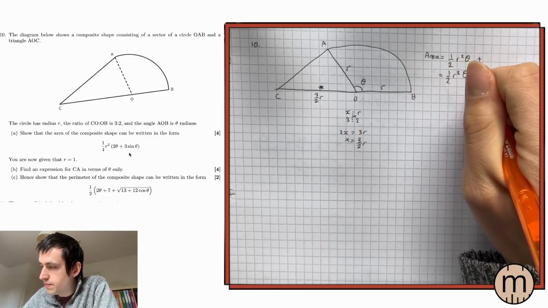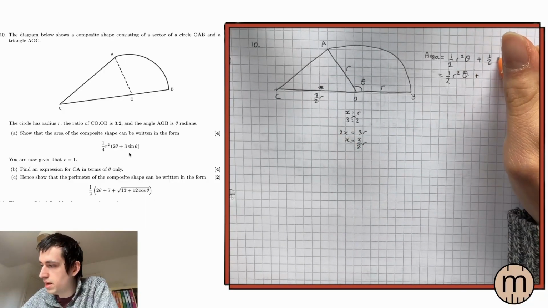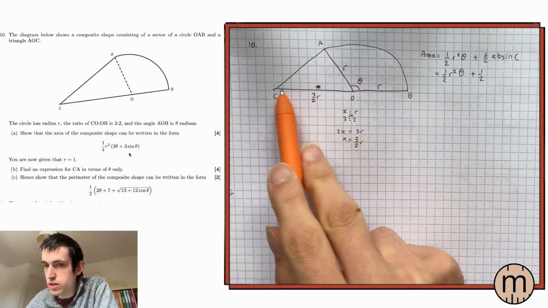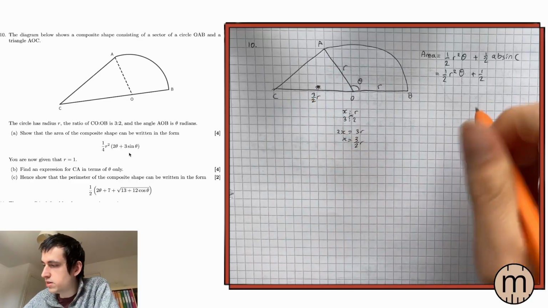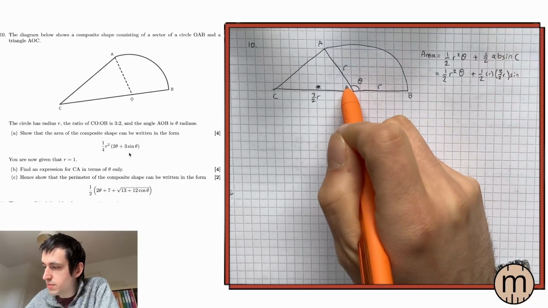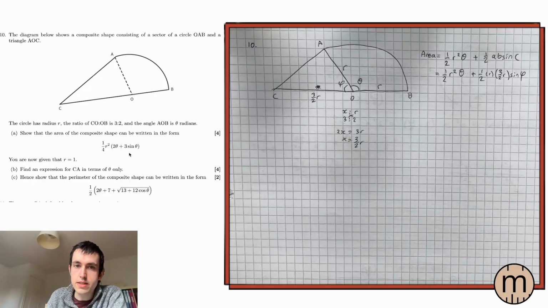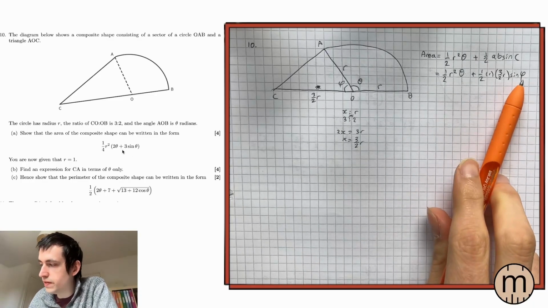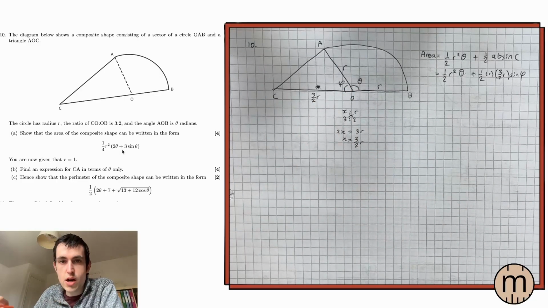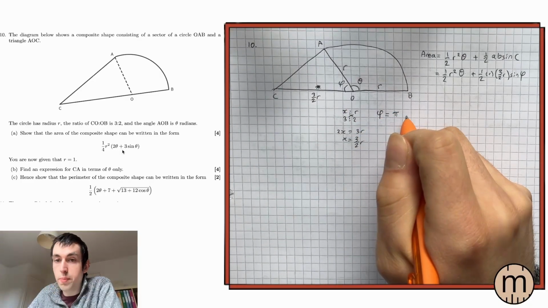What we're going to add to that is the area of the triangle. The area of a triangle is half ab sine C. And in this case, a and b are these two lines here, OA and OC. So half r times 3/2 r. And C is going to be whatever this angle is in here. Let's call it phi. Again, looking at the answer, there's only r's and thetas. So we're going to have to be able to find what phi is. Luckily for us, it's on a straight line. So CO and B are on a straight line. Therefore, phi is going to be equal to 180 or pi,